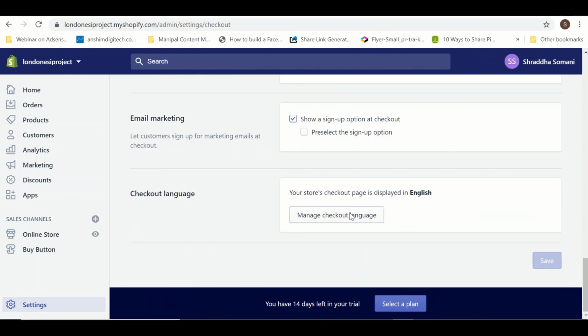Right. All right. So now, as you can see, it is so easy to build an e-commerce store with Shopify. With a minimal investment, you can create your Shopify store. So I wish you all the best for creating your store on Shopify. Bye.